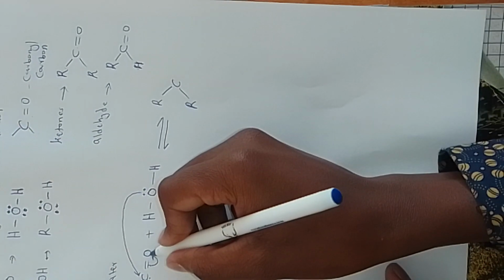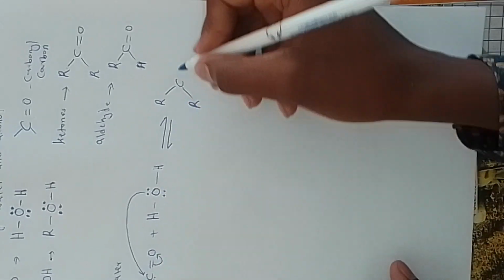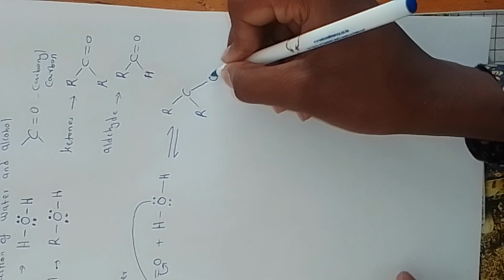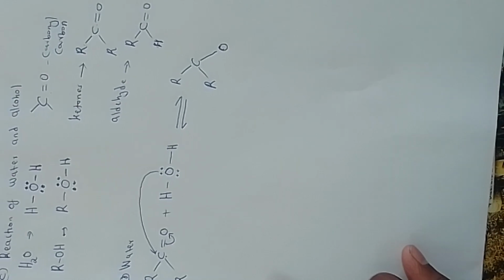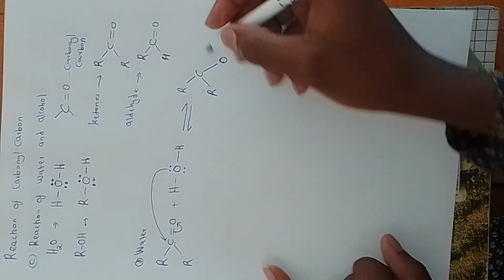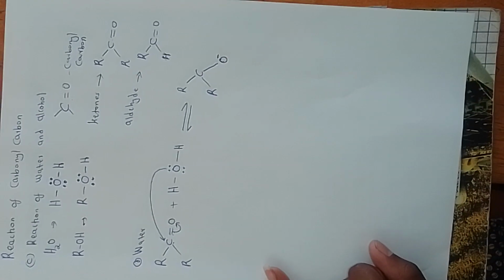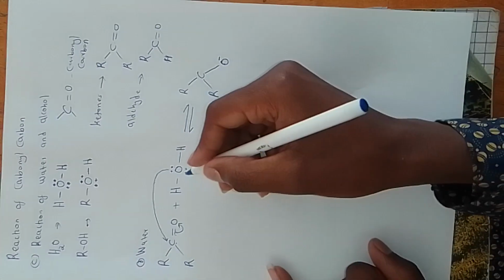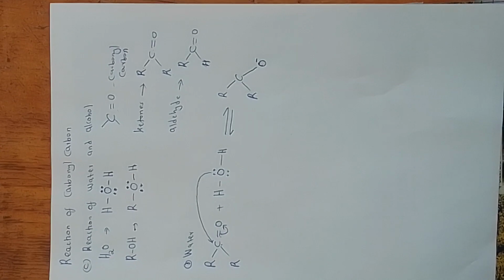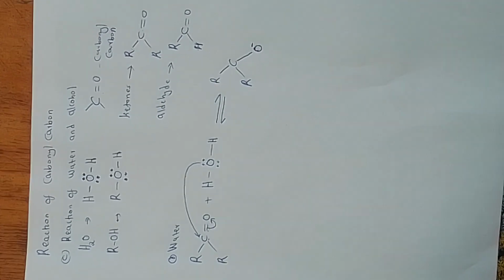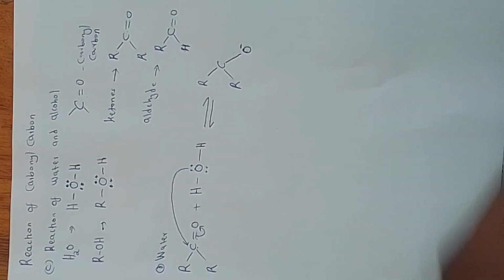So this oxygen now has enough electrons. The electrons which were used for bonding will be shown like that. Then this water will become insufficient of electrons,